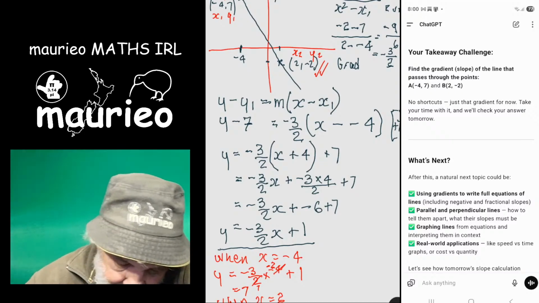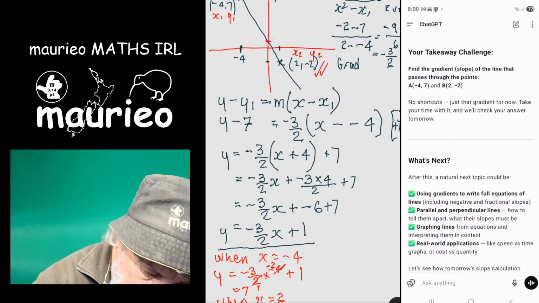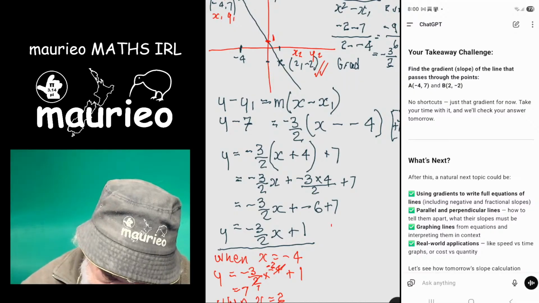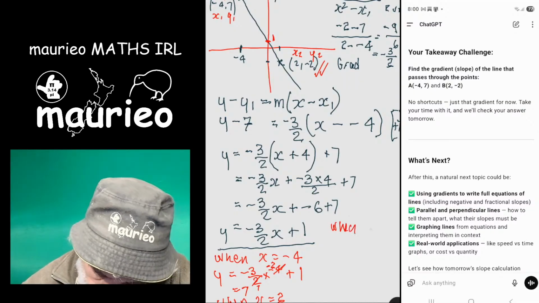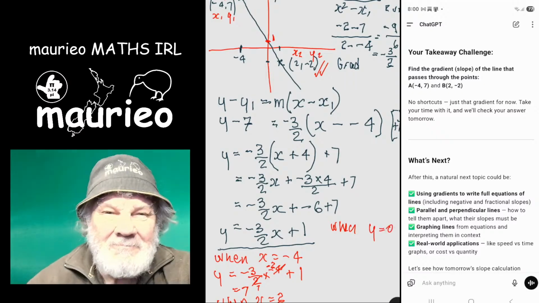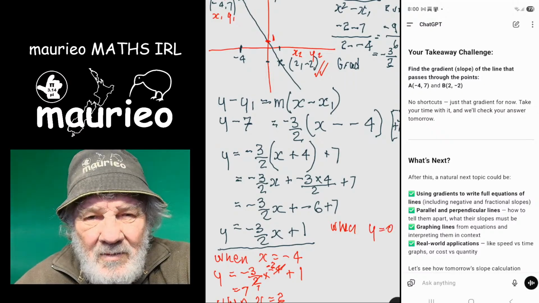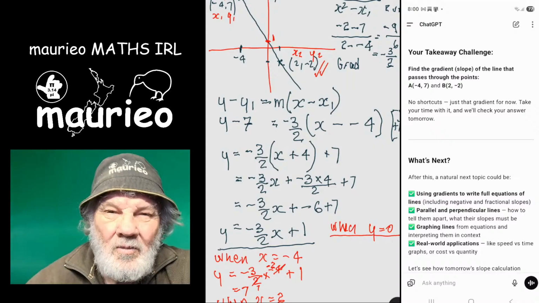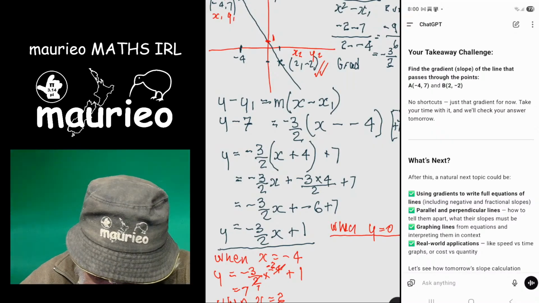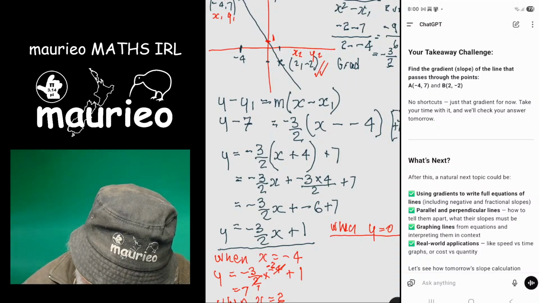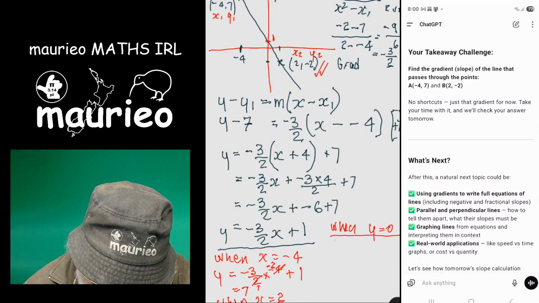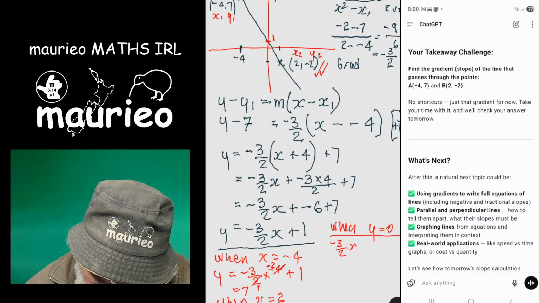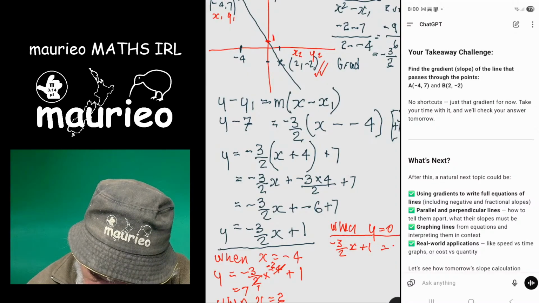And we know that this point here is 1. So we want to find out what this point here is, when y equals 0. When y equals 0, negative 3 over 2 x plus 1 equals 0,